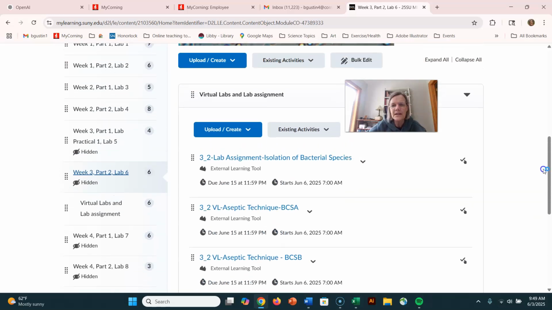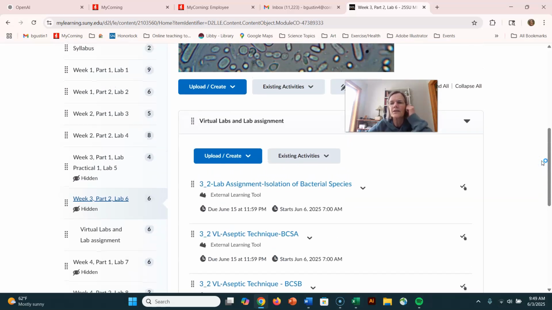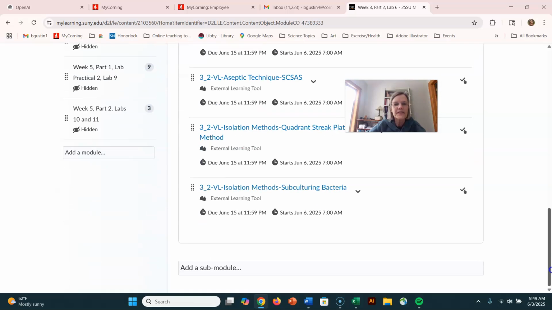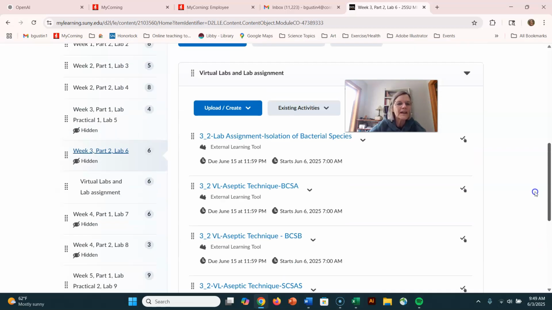I've had a couple people say, oh, I skipped a virtual lab. I didn't realize I didn't do it. Notice on your page, you have empty boxes here. When you're done with that virtual lab, just check off that box. That's for your own bookkeeping, for keeping track of yourself. So when you finish it, click it on there. There's a bunch of those, but for week 3, part 2, which is lab 6, there is no actual